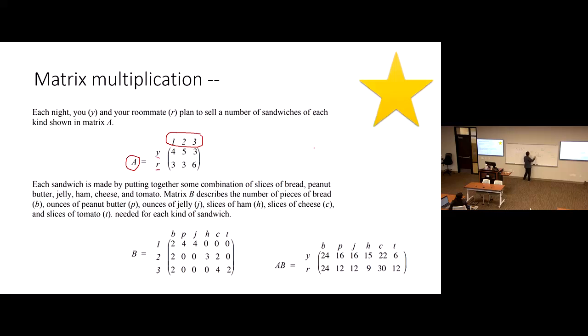And your roommate, depends on his or her numbers of sandwiches you want to make. These numbers, you multiply these 3 and sum together, also need 24 bread. So all you have to do is just get the 3 values here for each row, multiply it individually to the 3 numbers in each row here, and then sum it, put them together, you calculate. At the end, you get this